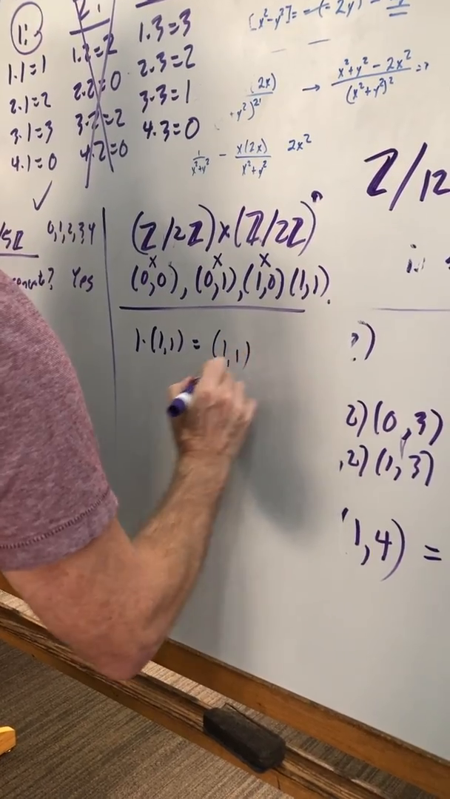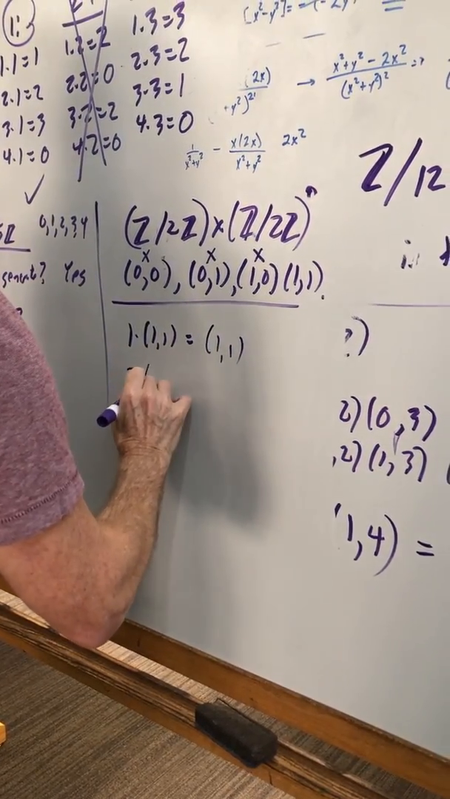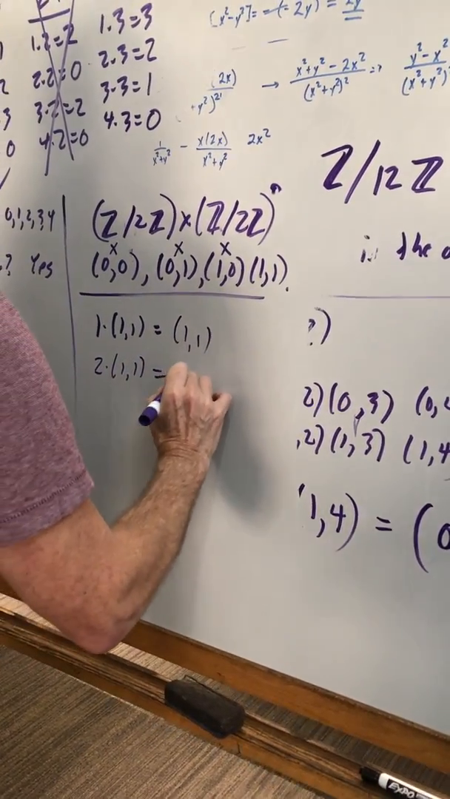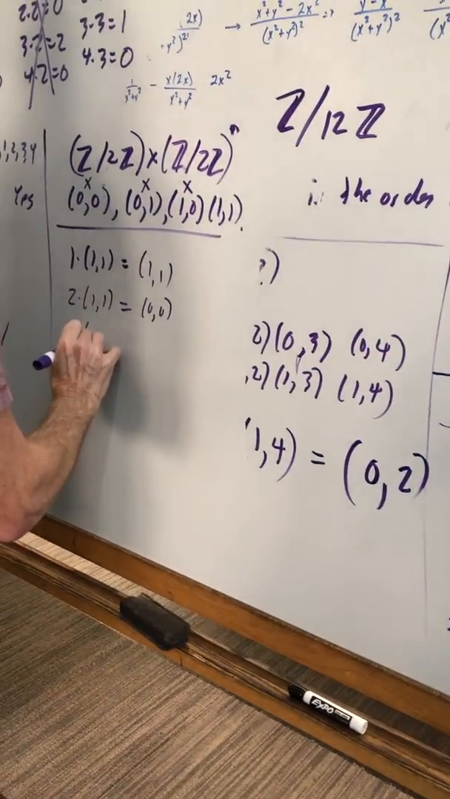All right. So 1 times (1,1) is (1,1). 2 times (1,1) is (0,0). 3 times (1,1)